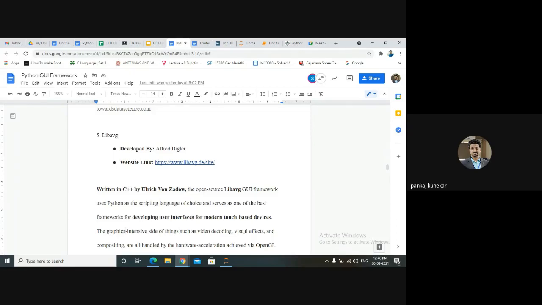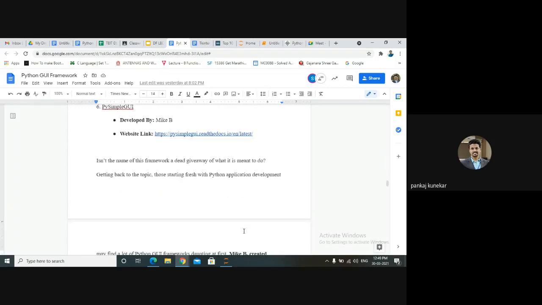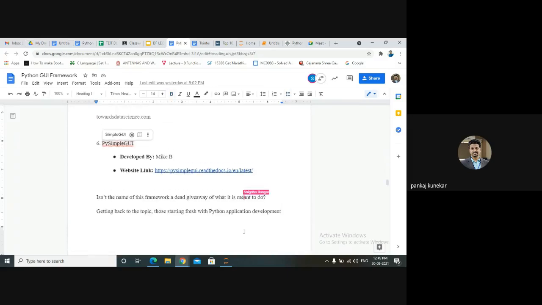Some of the frameworks are very new, and some are old. Some are complex to use. Using this library, we can have video decoding, visual effects, OpenGL things. Then we have PySimpleGUI, which is a framework.